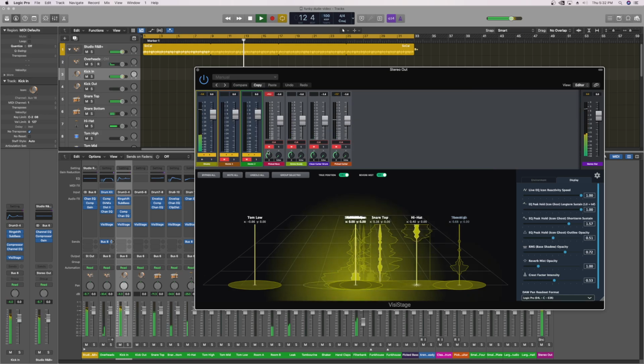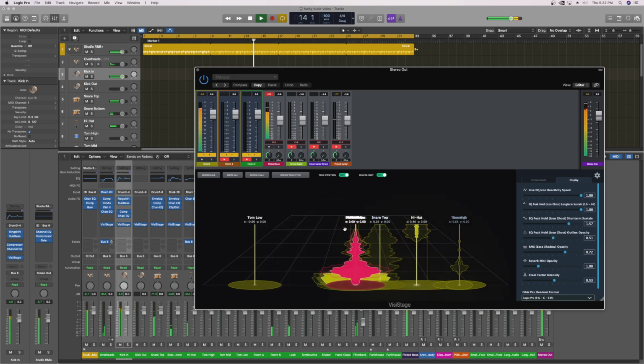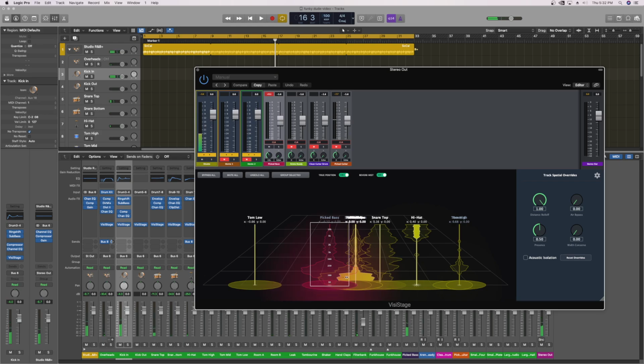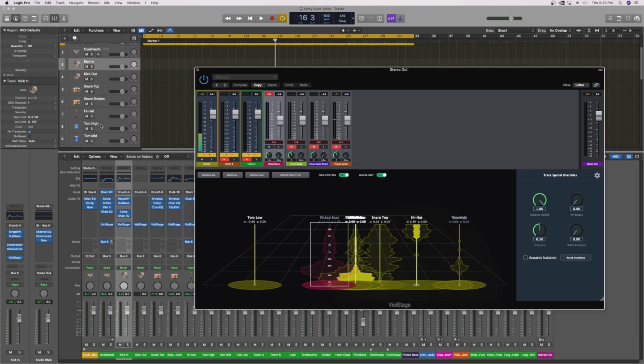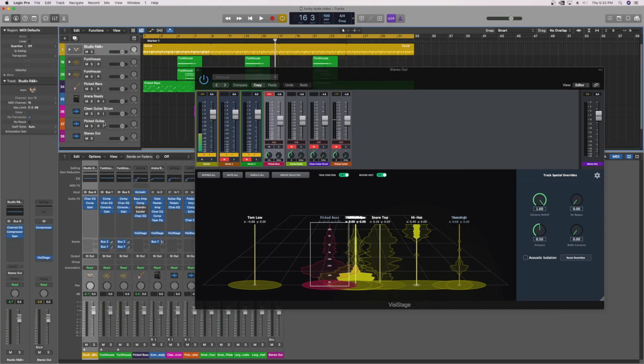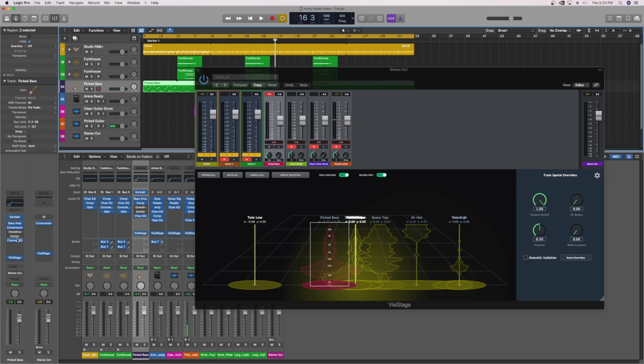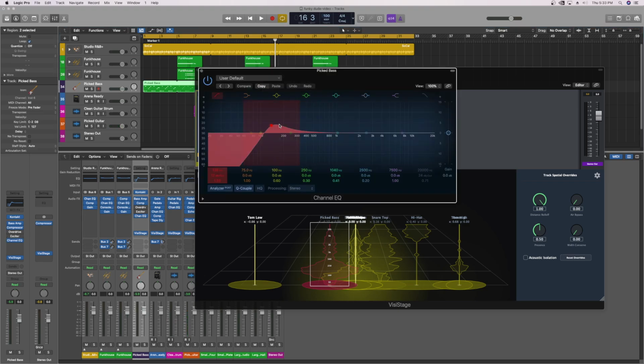Let's just close those down. Now let's bring in our pick bass. That's the next one. Here's our pick bass. Now, again, if we have a look here, here's your pick bass's EQ curve, and it is muddying a little bit down the bottom there with your kick drum. We can see exactly where that muddiness is. So we can again pull up our pick bass, close this down here, and look at this EQ curve here and go,